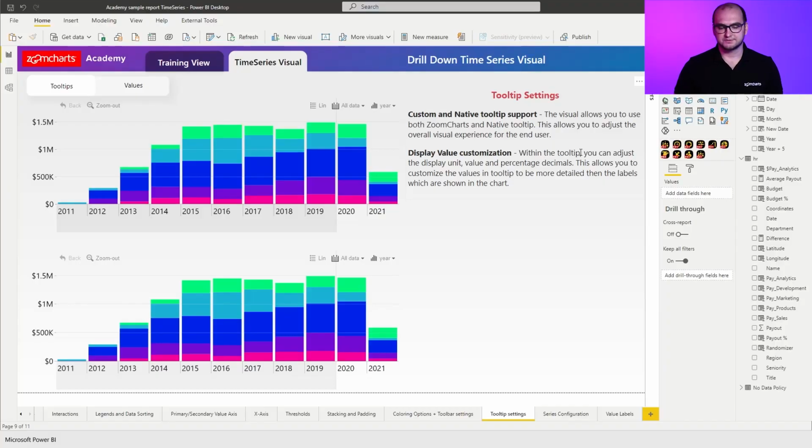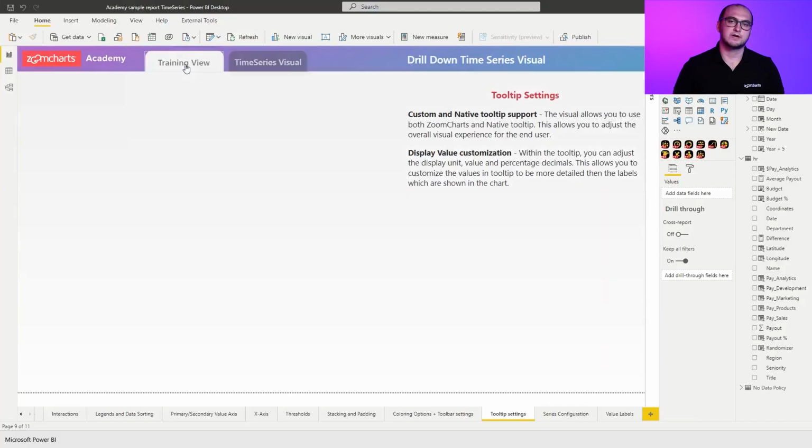Alright, so previously we covered the fill coloring options plus the toolbar items for the time series visual. In this video, we are going to be going through the tooltip settings. So as always, within the sample report, you already have some pre-configured variations that you can play around with. But for us, we're going to go to the training view and actually build the visual and go through the